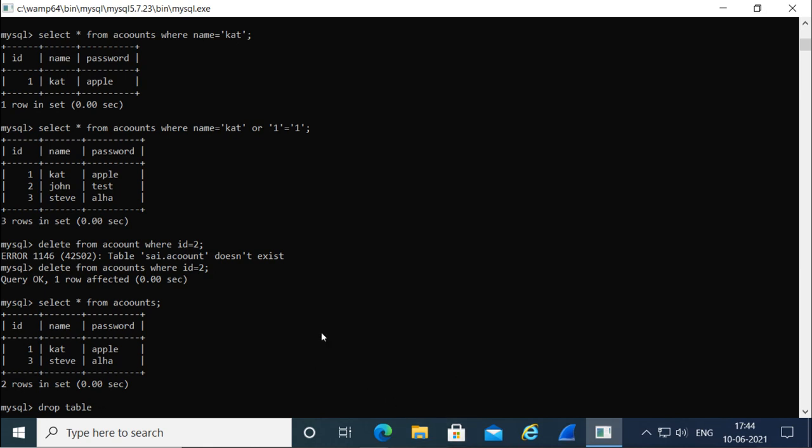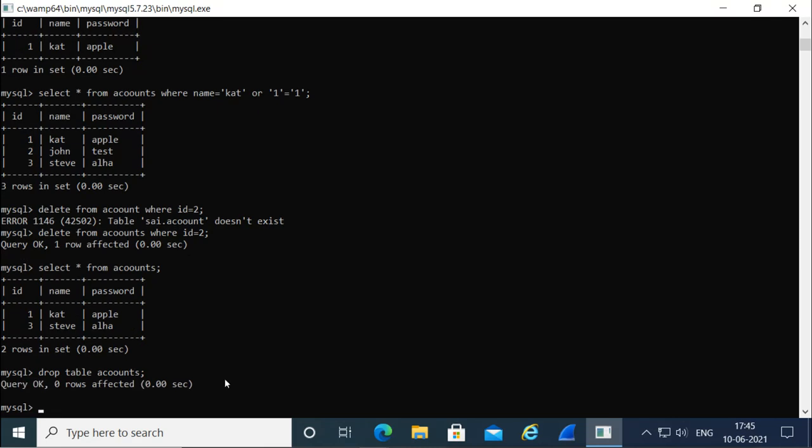The table name is this, which I created. I think the spelling is right. And now what it did here is delete the whole table with all its entries.